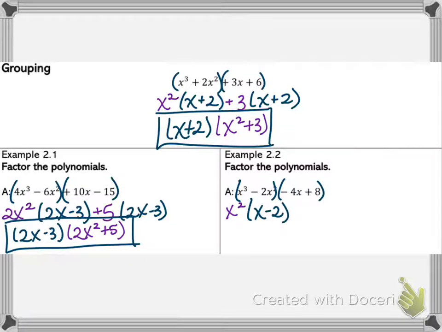And in the second half, I could factor out a 4, but if I factor out a 4, I'll end up with negative x plus 2, which is not the same as what I need. So I'm actually going to factor out a negative 4, and that's going to give me negative 4 divided by negative 4 is positive 1, or positive 1x. And then 8 divided by a negative 4 is a negative 2. So now they are equal to each other, they can morph together,